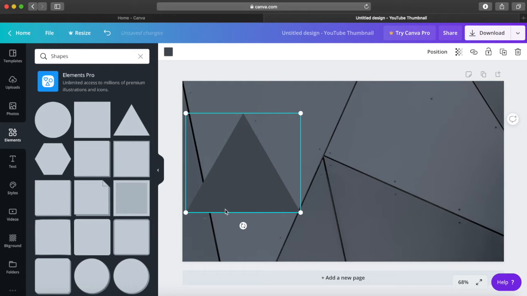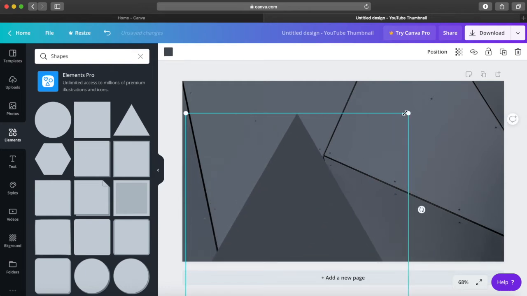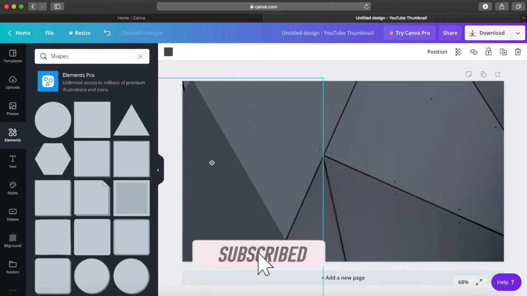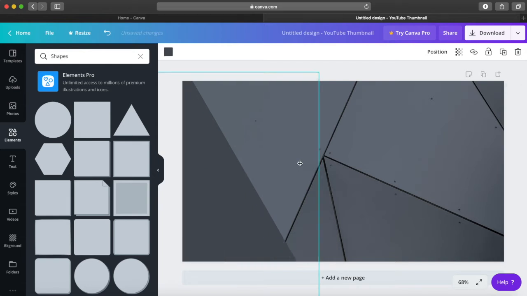And I'll position it in a way so that it looks like a layer of a different color on the background. So you can change the size, you can change the color. These are highly customizable. So as of now, I'm just changing the shape. I'm not gonna change the color now. I will do it later. So that's my first design on the background.